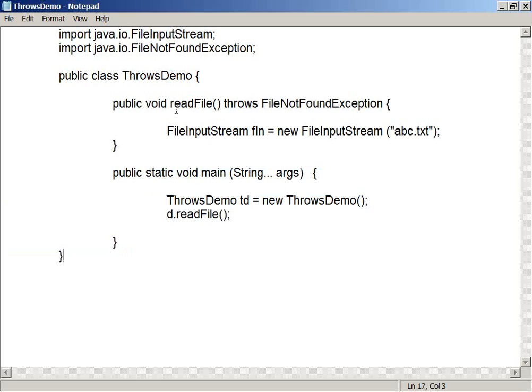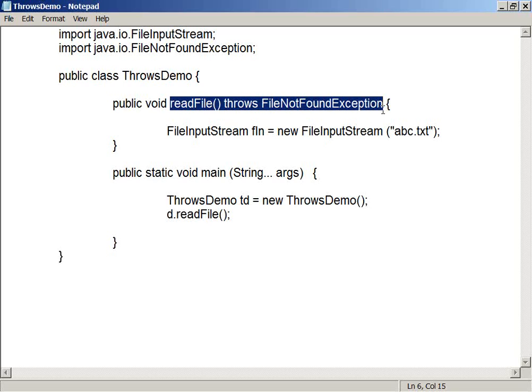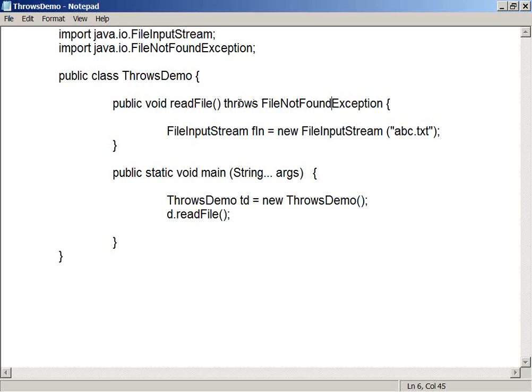Right? So what does it mean here? Now concentrate here. When somebody calls this read file method, it is saying to its caller, I may raise this kind of problem, that is the first point, to you, and I am not interested to handle this.